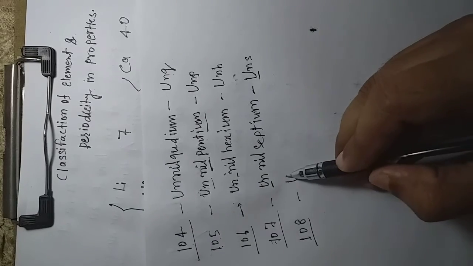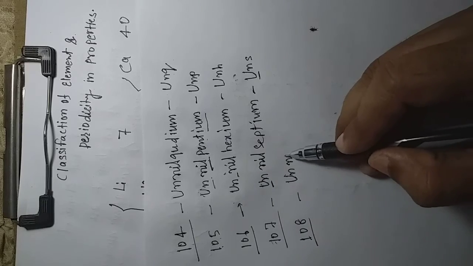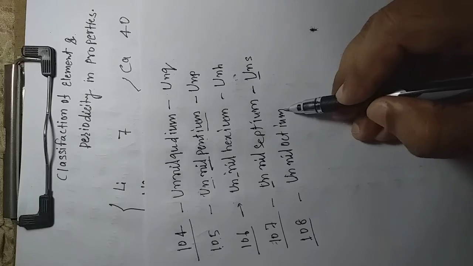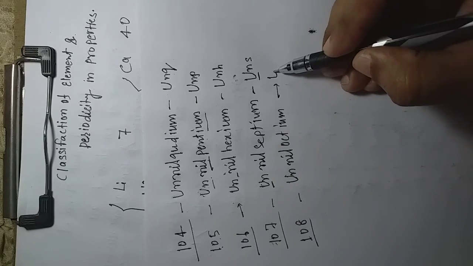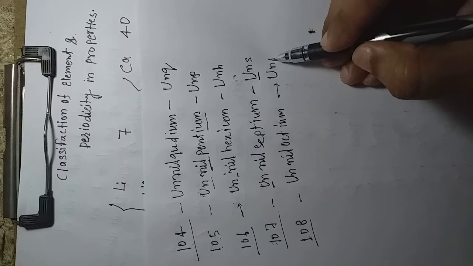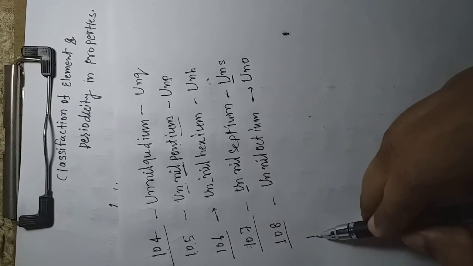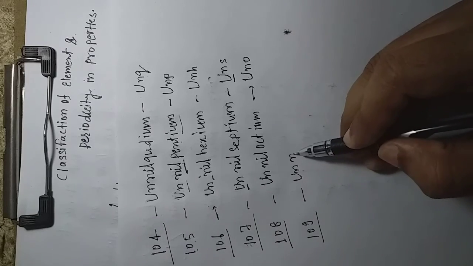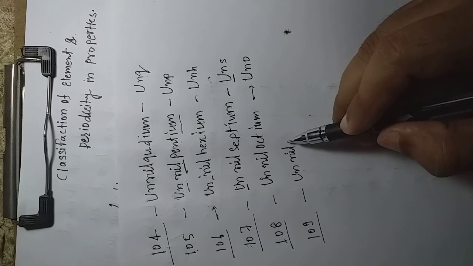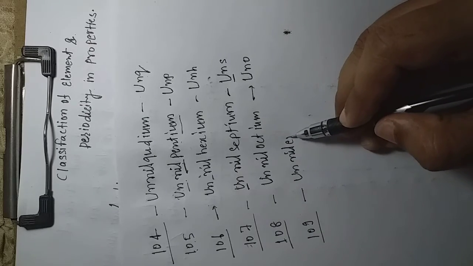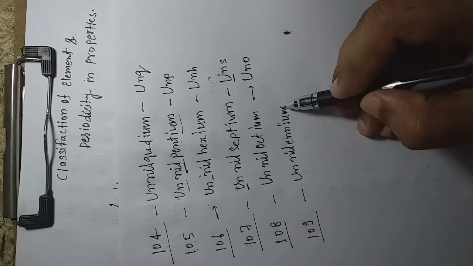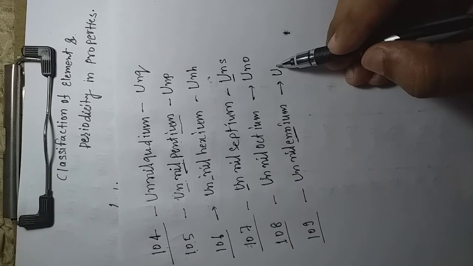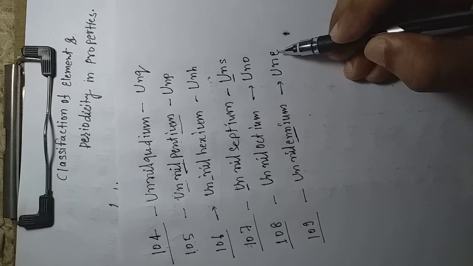108 is again un, nil for 0, and 8 for oct, right? Ium you can add, and collectively you will write the symbolic representation U, n and o. Perfect. Next, better you will try for 109. Un, again nil, and 9. 9 you will memorize better. Enn, ium we have to use. A little irregular, this. What we are writing, this is irregular. So be perfect whenever you are writing 9.